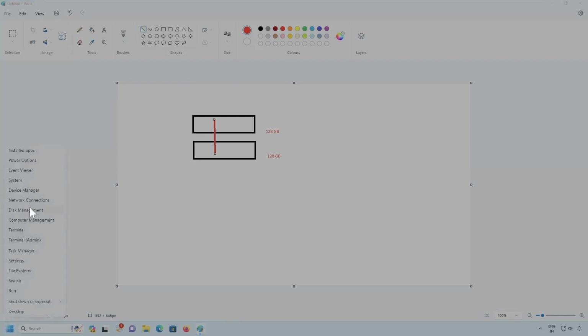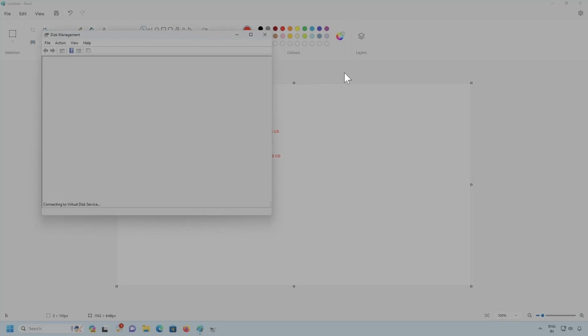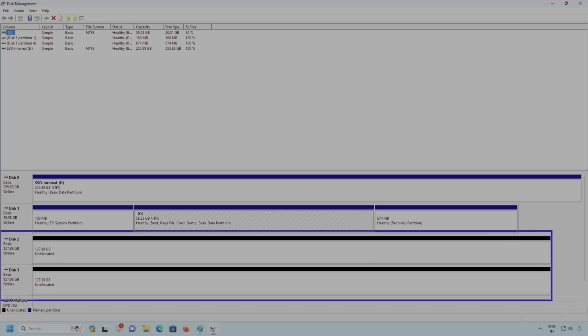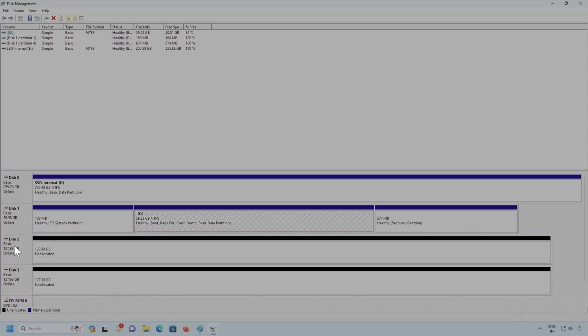So I'll go to disk management. You can see here I have two disks of the same capacity, 128 GB. I will configure the mirroring, and if you notice, these two disks are basic disks. You can convert them to dynamic disk by right-clicking. You can select one disk at a time and convert to dynamic disk, or in the process of configuring the mirrored volume, you will be able to convert from basic to dynamic. So let us create a mirrored volume